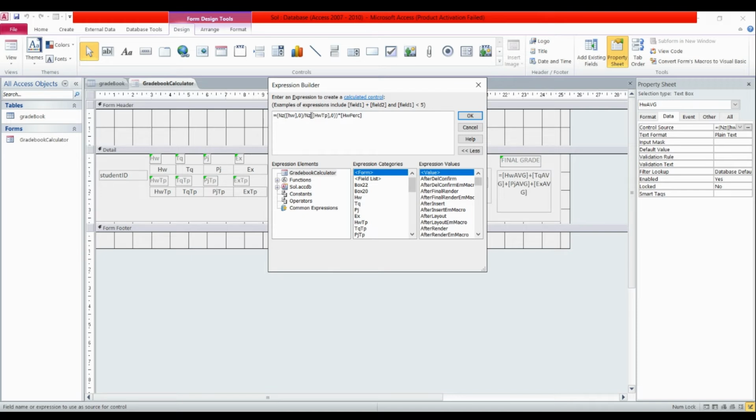Rather than using an NZ here, we're going to use the if function, and then we're going to say if